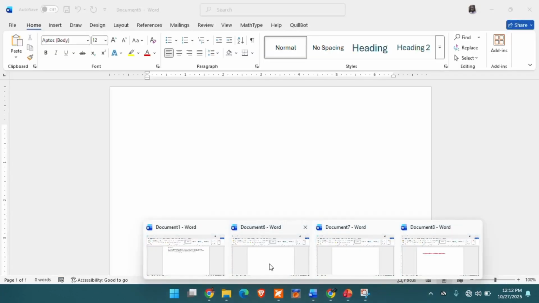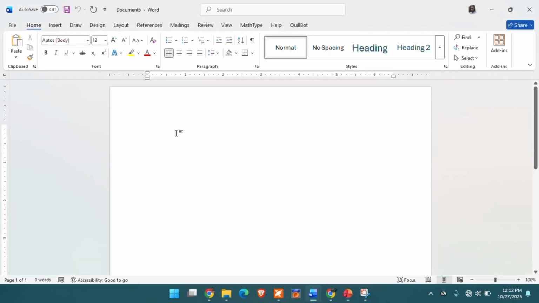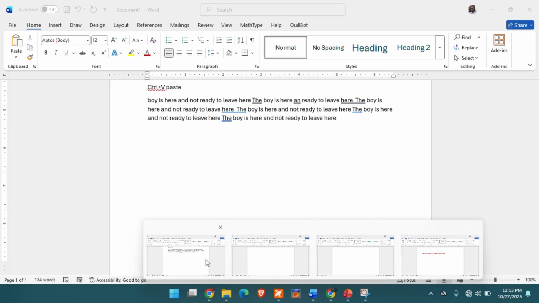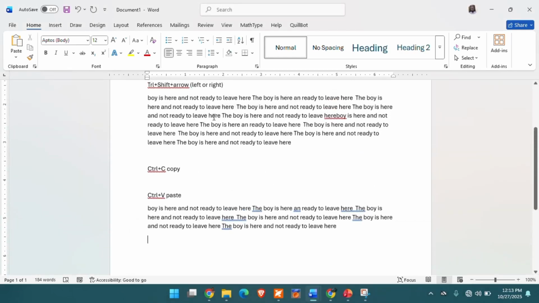So let's assume now this is a Word document and I want to insert the symbol. The first thing you do is to place your insertion point. This is my insertion point now. But you need to place the insertion point where you want the symbol to appear. So let's assume now that this is the document and I want the symbol to appear just after this Control C copy line. So what do I do? After I finish clicking on the point where I want the symbol to be inserted,